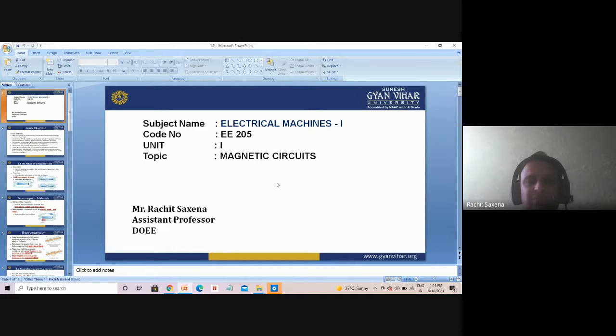All these three types of machines have one main part, the coupling circuit, which is the magnetic circuit. The basic laws, Faraday's law of electromagnetic induction, Lenz's law, Fleming's right hand rule, Fleming's left hand rule, and the Biot-Savart law, tell us we can convert electrical into magnetic, and then magnetic into mechanical. So we need a magnetic circuit, known as the coupling circuit. That is why unit 1 deals totally with this basic part, the magnetic circuit.